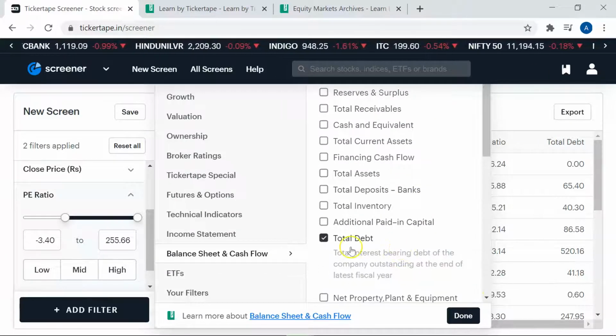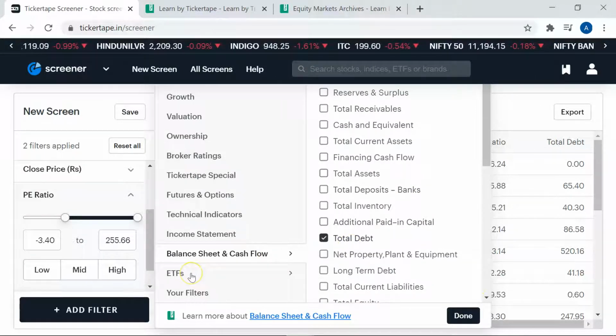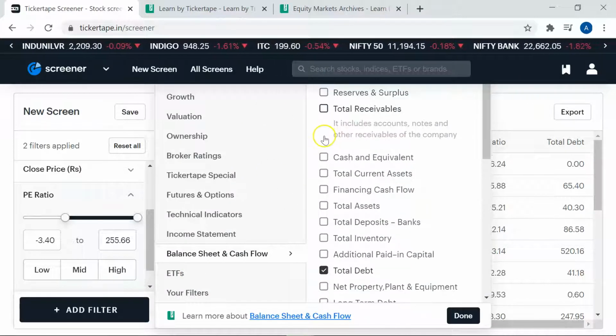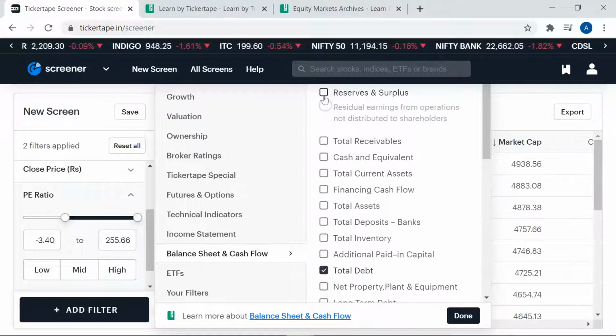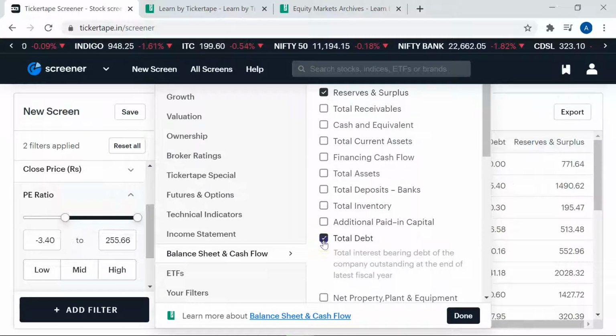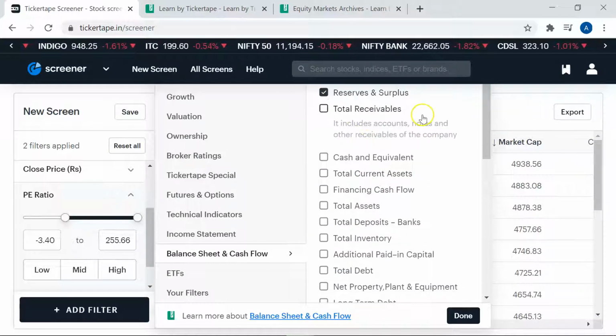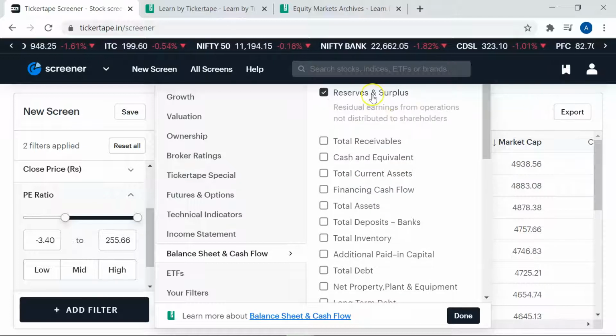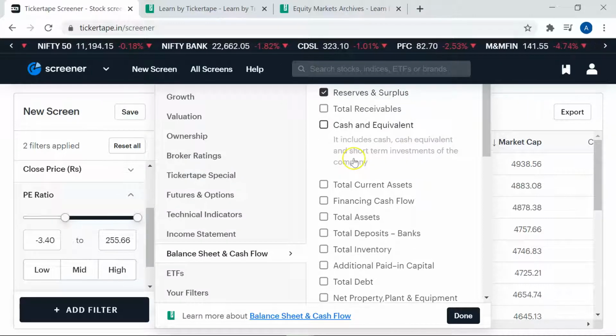Say for example, I now want to invest in stocks which have surplus reserves, because if the reserves are more, maybe they can pay a huge dividend, or they might issue bonus shares. So we want to see the stocks whose companies have a lot of reserves in their balance sheet. I cannot search each and every company's balance sheet, go to the NSE website or that company's website,